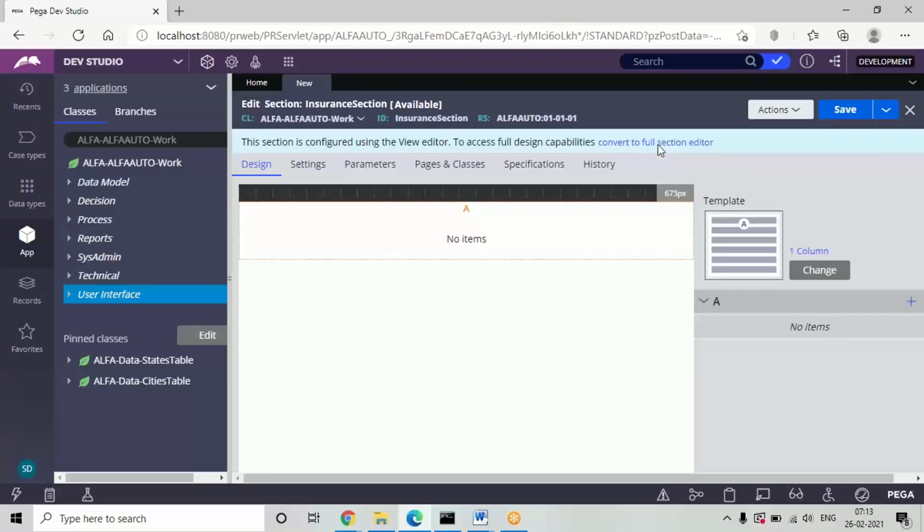Still loading. After loading, you can click on convert to full section.